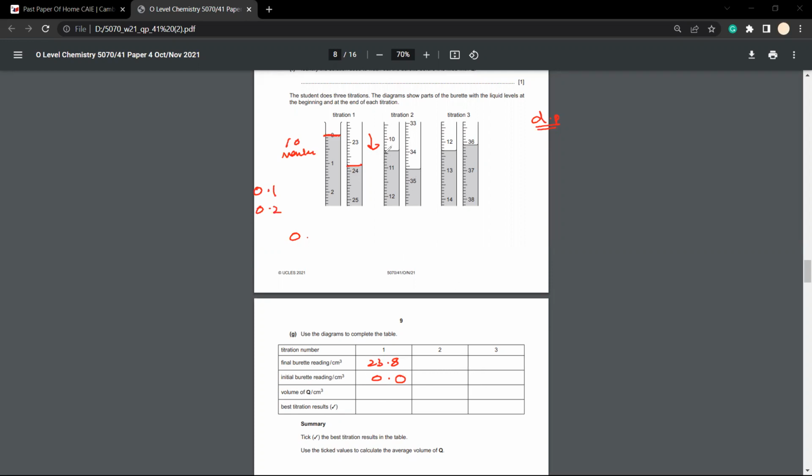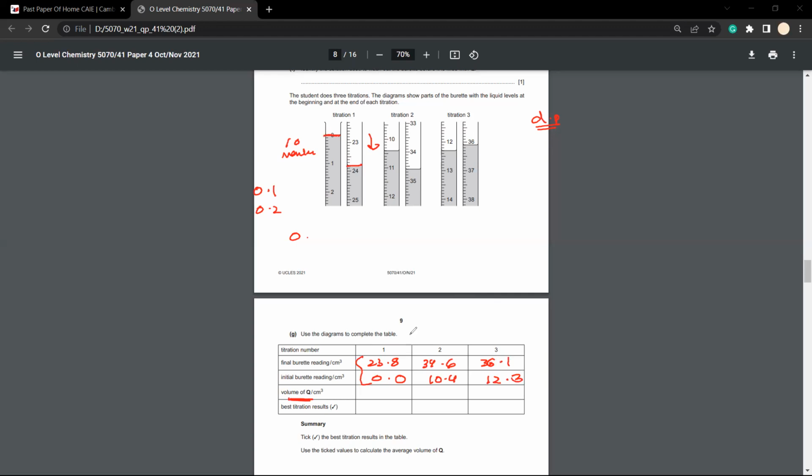Now, this is basically 10.4 is my initial, and my final is 34 point. It's going to be 34.6. And for the third titration, I'll be having the initial as 12.3, and the final is basically 36.1, right? Okay, so it's 36.1. What I'll do next is that on subtracting these two values, I'll know exactly the volume